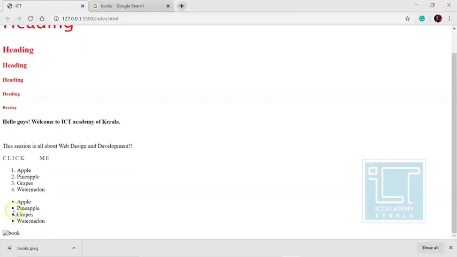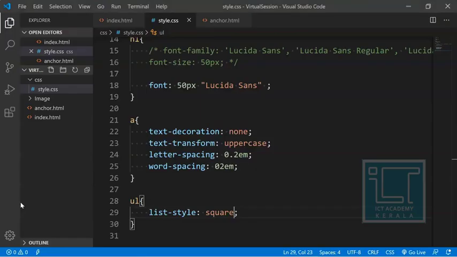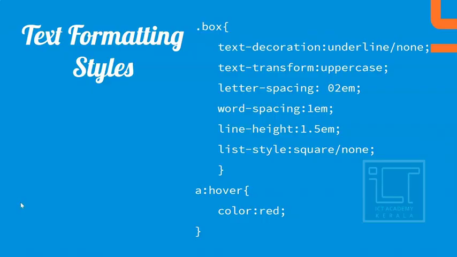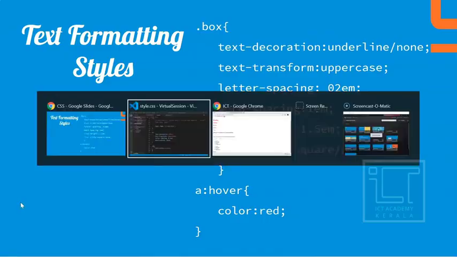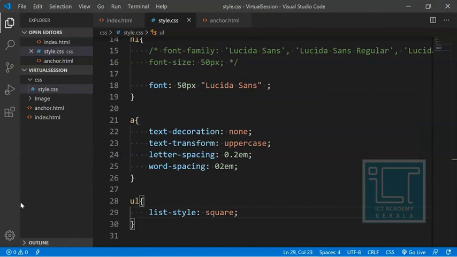See, all the list elements within the UL tag are now changed to square. Earlier, by default, it was a circle, but right now I have specified that the list style should be a square, so it is changed to square. So these are the basic text formatting styles. There are more, and another important thing that I have to teach you is hovering.